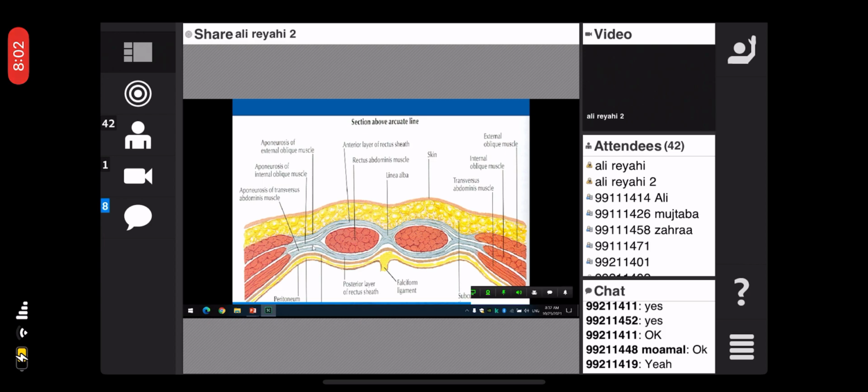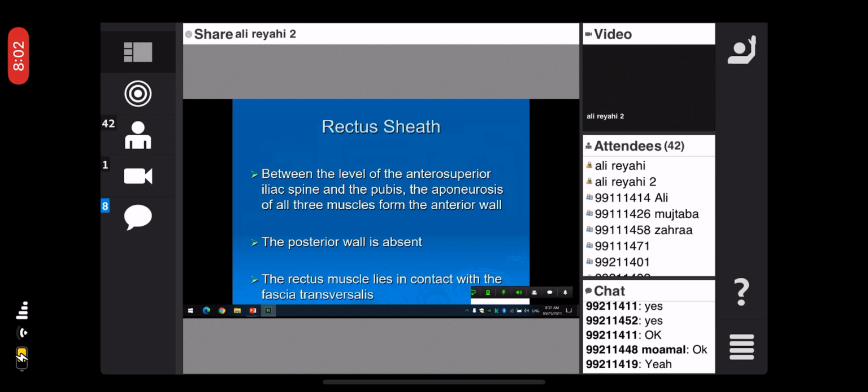This pattern is shown at the level of the anterior superior iliac spine. Okay, and between the level of the anterior superior iliac spine and the pubis, the lower part of the rectus sheath, lower than the level of the anterior superior iliac spine, the aponeurosis of three muscles